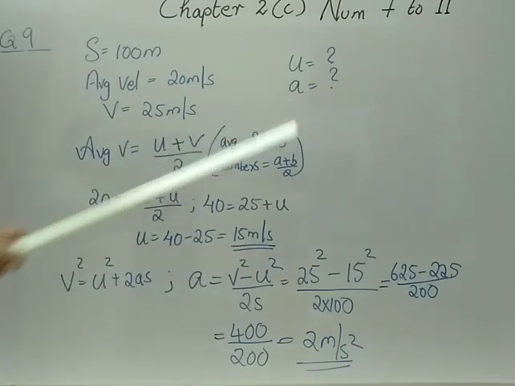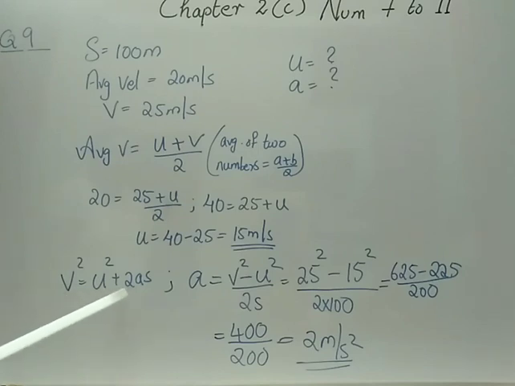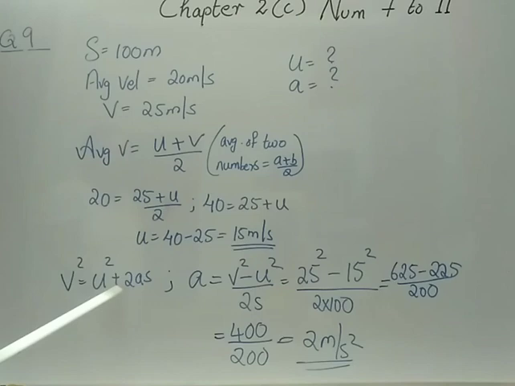Now the second question is to calculate the acceleration. Since we don't have the time, v is equal to u plus at, and s is equal to ut plus half at square, so in both equations 1 and 3 we require time. Since we don't have time, which equation should we select? We should select the second equation, v square is equal to u square plus 2as. From this, how will you calculate a? U square when you take to the LHS side, it will become v square minus u square by 2s. So I just rearranged, or if you want you can directly substitute the values here, no problem.